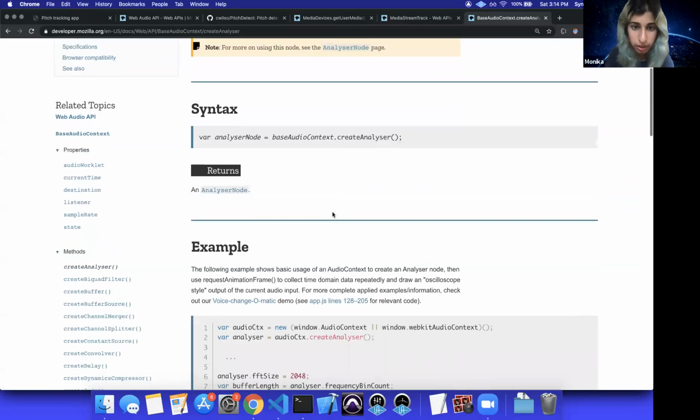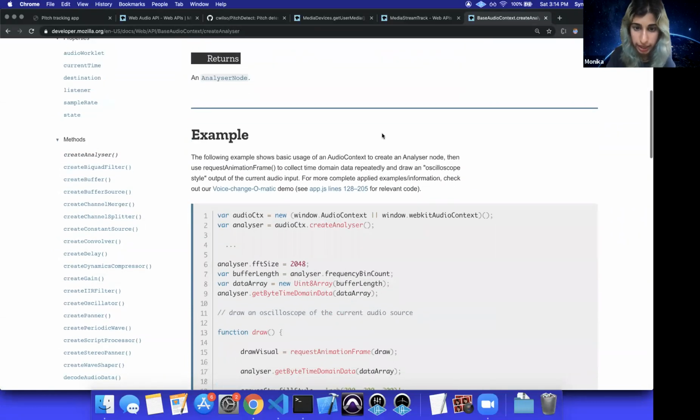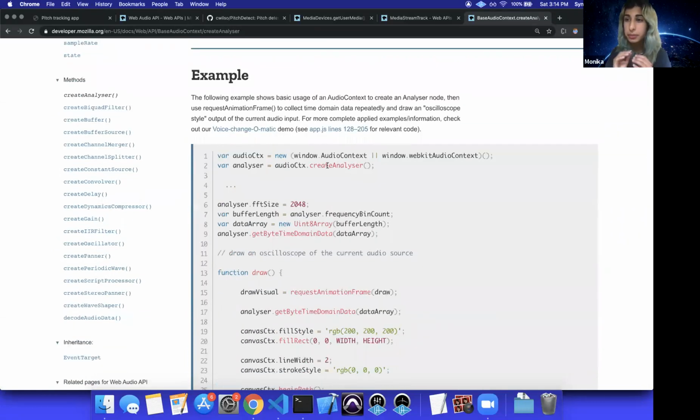But we are going to create an analyzer node, and this analyzer node is the means of dumping all the things I'm saying into a giant array, so that we have this giant array, this buffer, as we call it, a buffer of audio information to actually analyze and compute what's the actual pitch of this thing. So we need to do a fast Fourier transform on this stuff. Don't worry, we're not going to get into all the math for all that, but we're just going to make a size for this analyzer node,